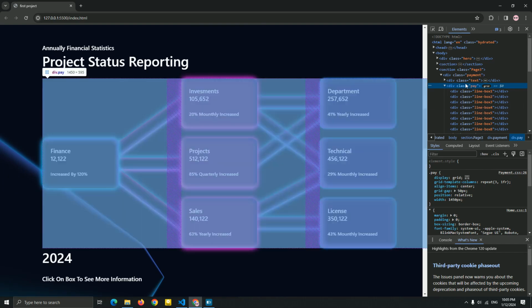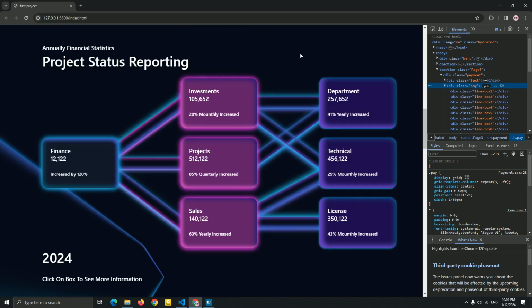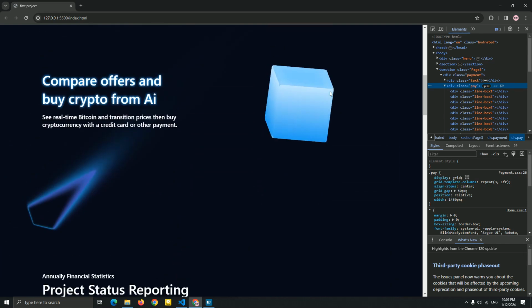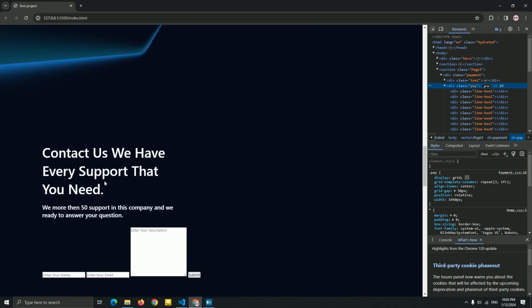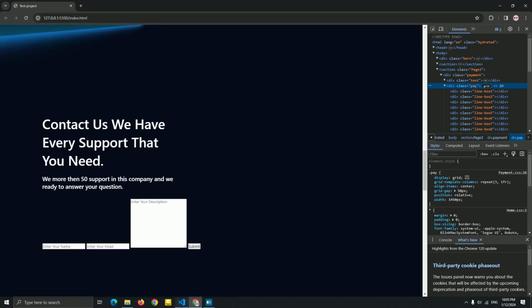We just create everything for the JavaScript, and we just need to add JavaScript to add more animation for this box. User clicks on this, you get the data and get information of this, everything we need. So this is everything you need to create this payment page. I hope you learn it. I hope you love it. Yep, let's go. The next one is a contact page.